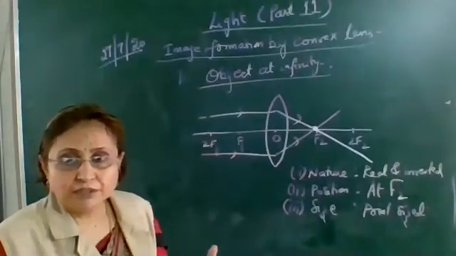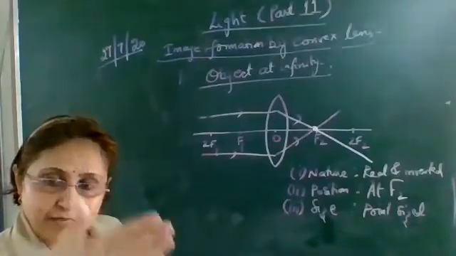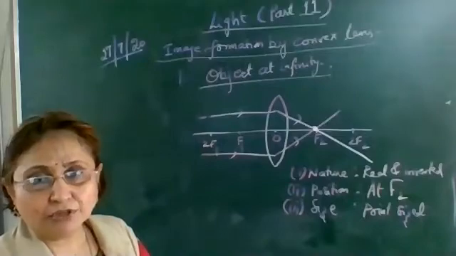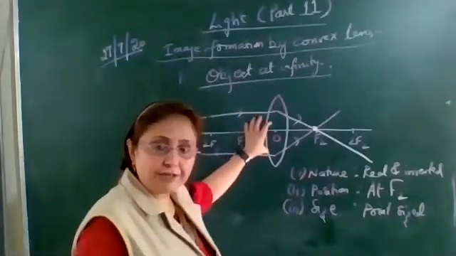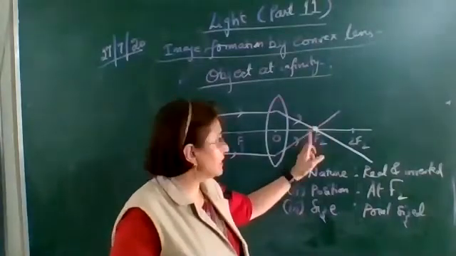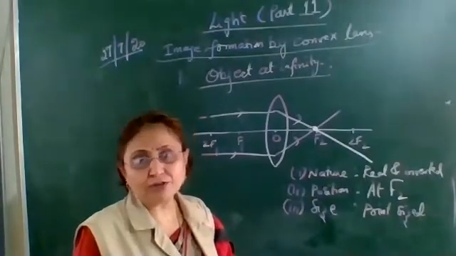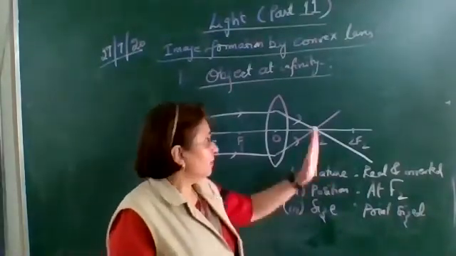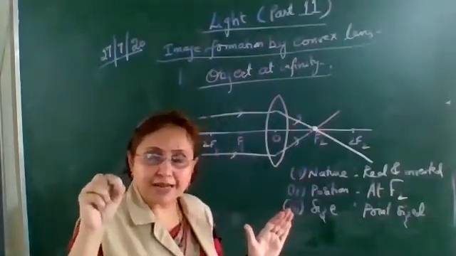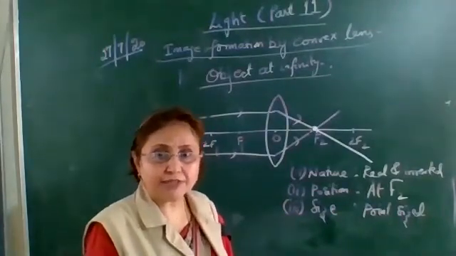Like, you can face this convex lens towards the sun and place a white sheet or a carbon paper in front of it. The rays of the sun, which are parallel to each other, adjust that paper such that you see the bright spot of the sun on that carbon paper or white sheet. Place it for some time. After some time you will see that the paper starts burning from that bright spot.